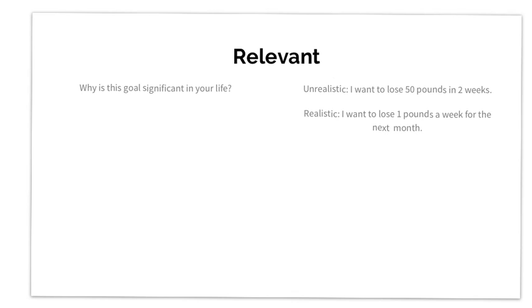A more realistic goal there would be I want to lose 1 pound a week for the next month. So they're going to lose 4 pounds over a 1 month cycle. That goal would be more realistic. The other thing would be, I want to make 200 free throws in a basketball game. That's unrealistic. Maybe instead, to make the goal realistic, I want to shoot 75% from the free throw line. The other thing is being able to have a higher challenge for yourself, so that way you have